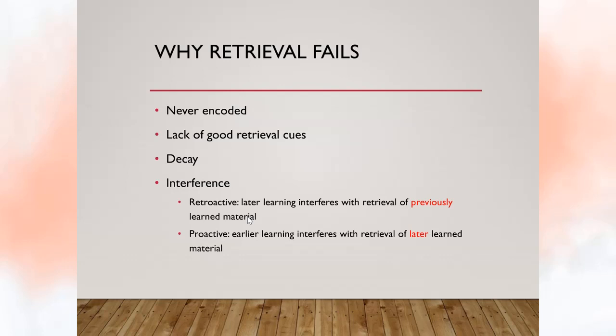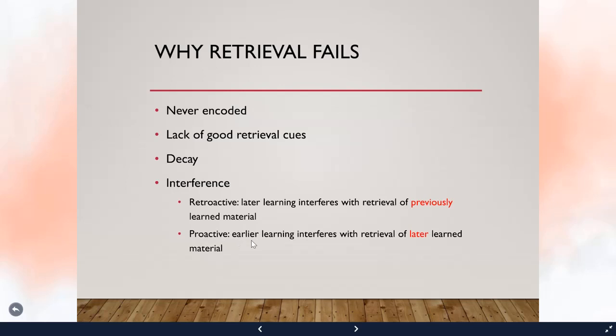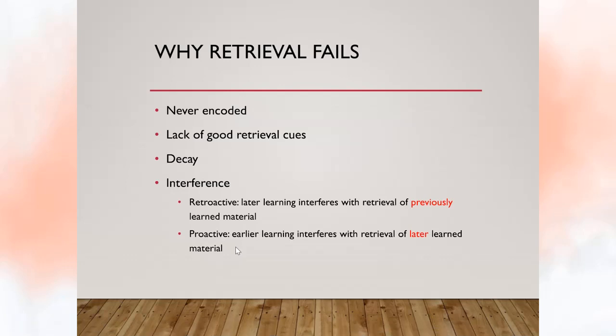Now, proactive interference, rather, is when earlier learning interferes with retrieval of later learned information. So this is the other direction that information can go. Write down again, your first group learns list 1, and then there's a delay and they learn list 2, but now the instructions are to recall list 2. Write that down. And in your second group, right below that first group, you can call this group B and the first one group A, they have a rest period instead of learning list 1. They learn list 2, and again, their instructions are to recall list 2.